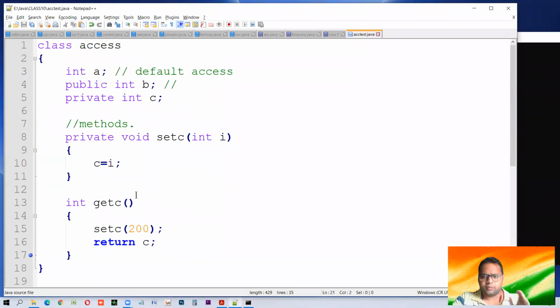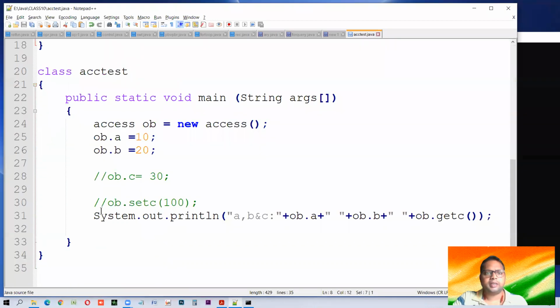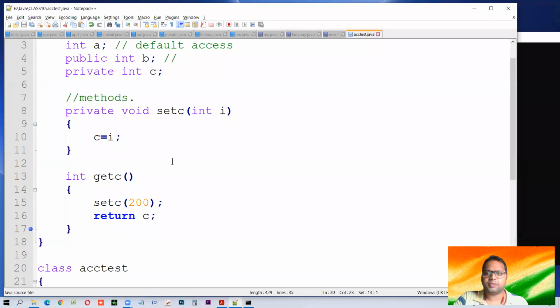Look, we are watching the new aspects here. For old students or experienced ones, these are very simple things, but for new ones, you just need to be focused. Let me make the point very clear again. Here we have modified it and made it private, and once we made it private, we cannot call it from another class, but the rule says that we can call it from the same class.